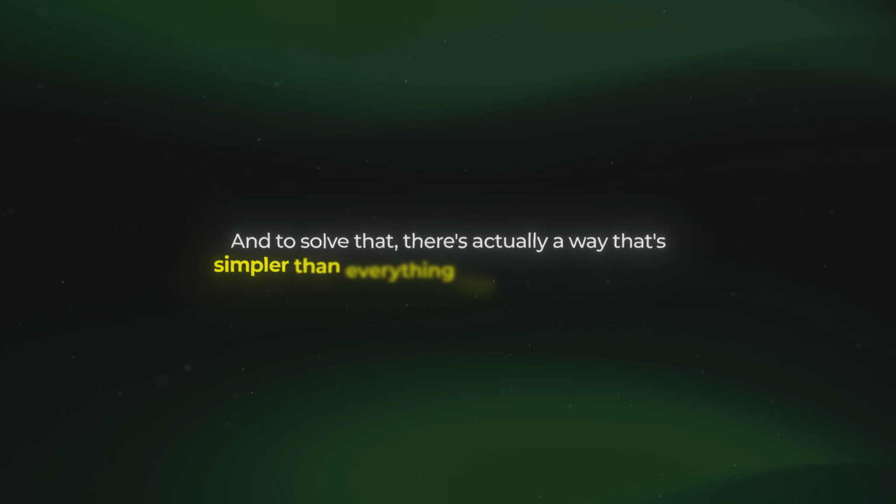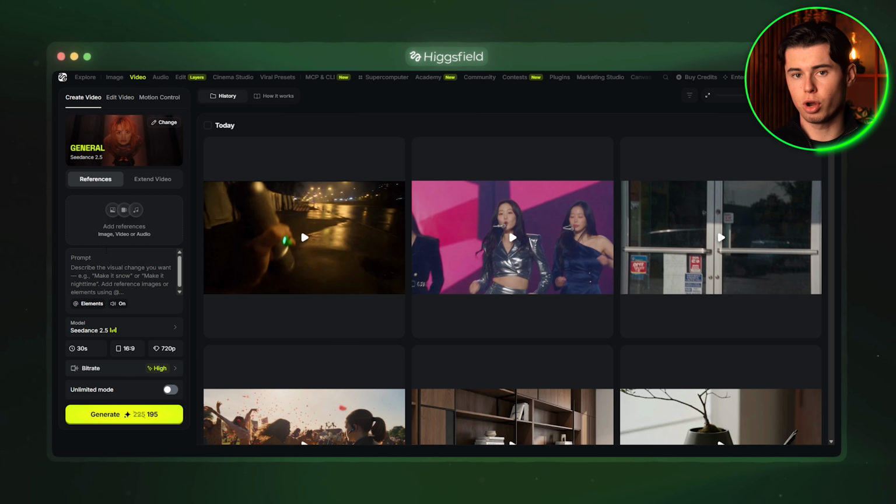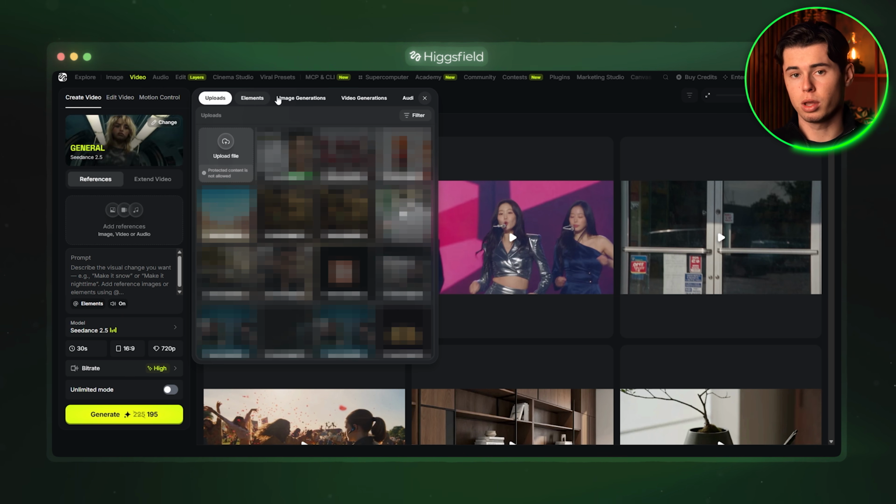But if we want to create an entire horror movie using this, we might want to use some characters in different locations that need to stay consistent across the entire workflow. And to solve that, there's actually a way that's simpler than everything I've shown you today, and I'm talking about references. There's also a major update that Seedance 2.5 got here. But before I tell you what it is and why it's so important, let's actually go and create the location